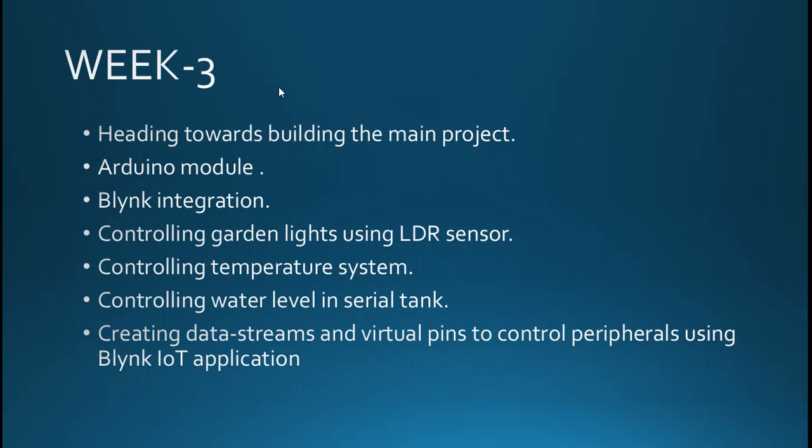In week 3, heading towards building the main project, we learned about the Arduino module, then integrating the module into the Blynk IoT application, and controlling garden lights using an LDR sensor. An LDR is a light dependent resistor. It behaves inversely proportional to the intensity of light falling on it. As the amount of light falling on it increases, its resistance increases, and thus the voltage decreases, breaking the circuit, and